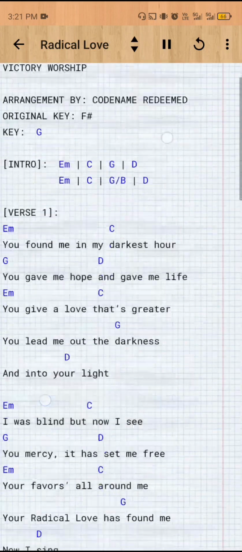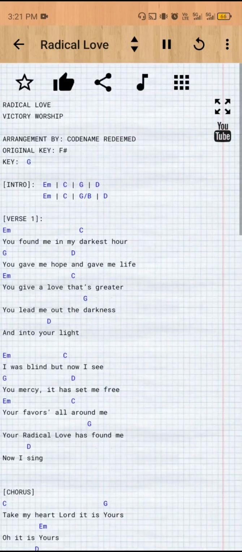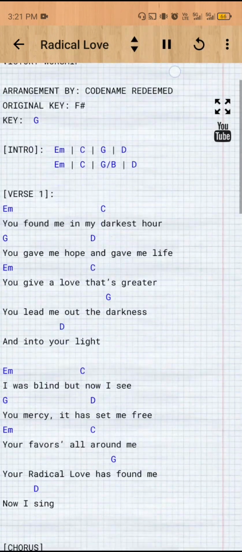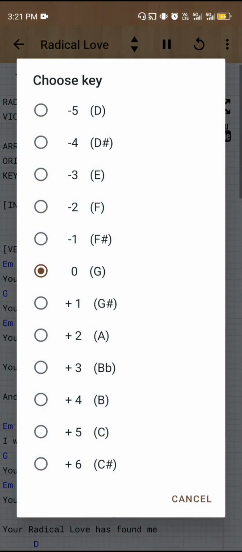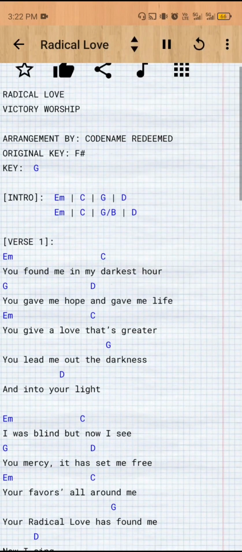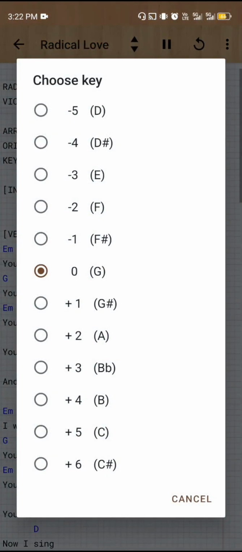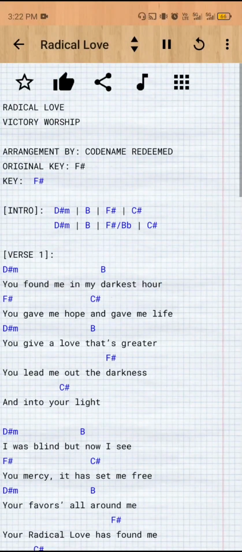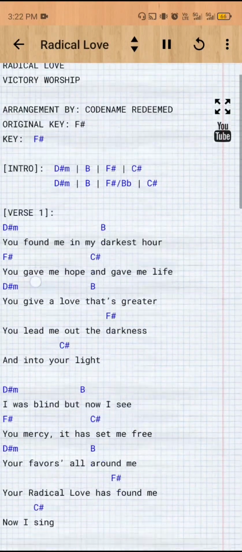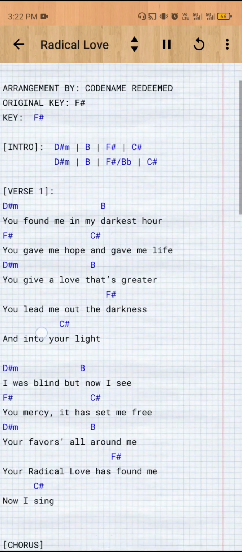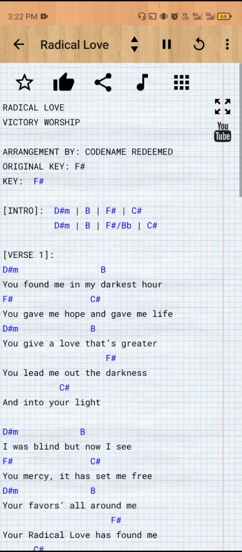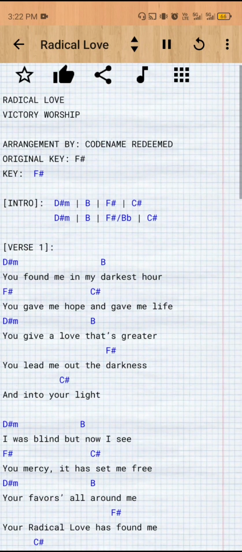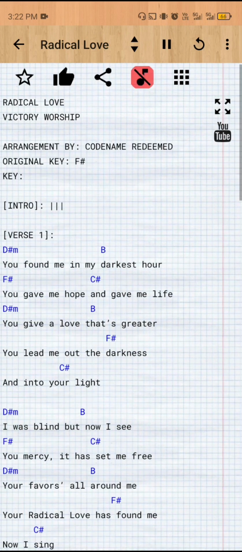As you can see, it doesn't have the full arrangement of the song and it's in key of G. Its original key is in key of F sharp. So you still need to transpose it, and it includes both chords and lyrics. So it may confuse musicians if they are not singing at the same time.